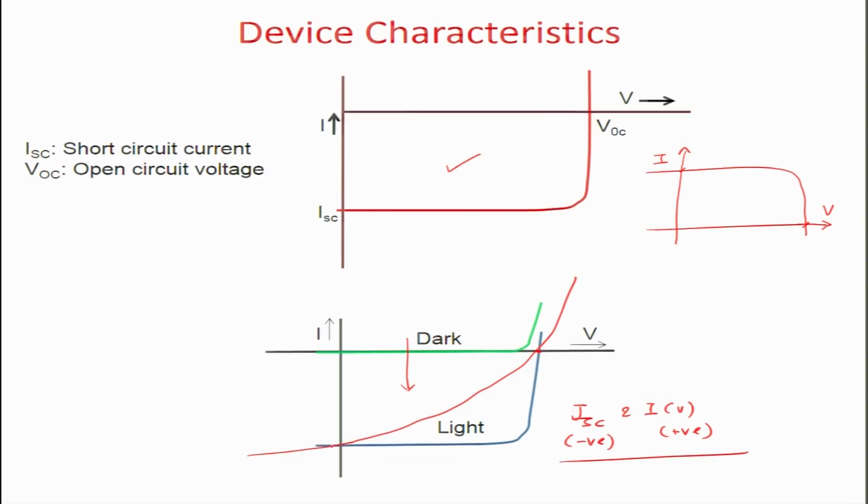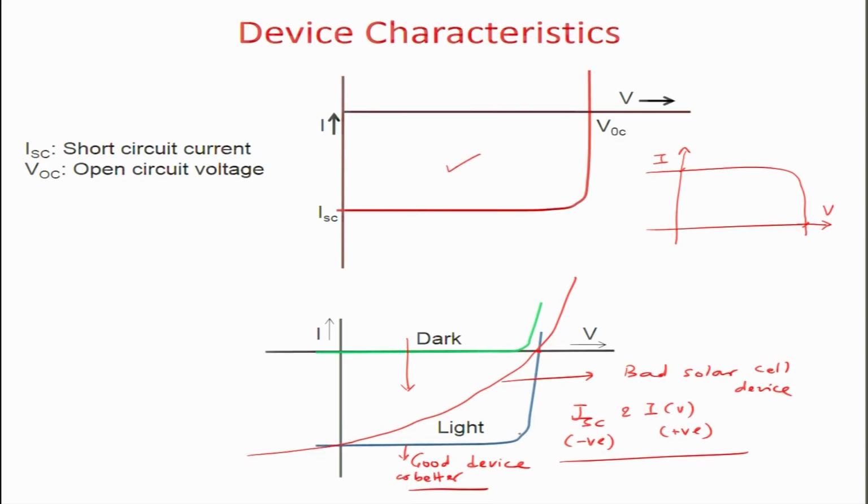So, for a perfect solar cell, the plot is like a rectangle, whereas for an imperfect solar cell with a lot of recombination mechanisms, defects, traps, etc., you will see the current starts rising as you increase the voltage in the early stages of the plot itself. So, this is, you can say, a bad solar cell device, and this is a good or better device. Okay.